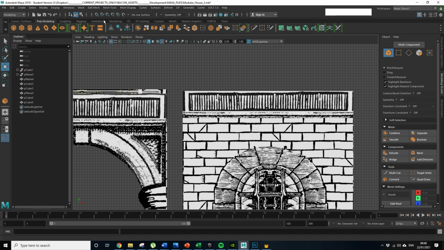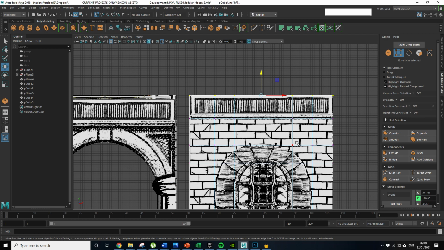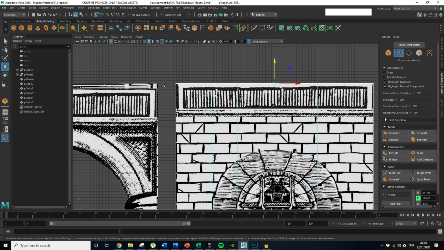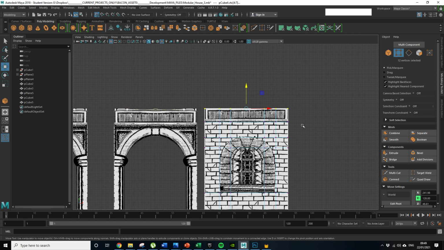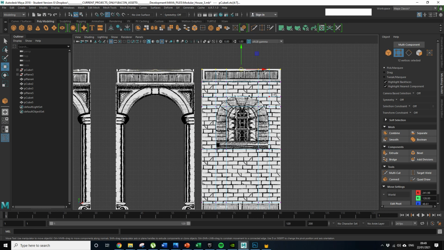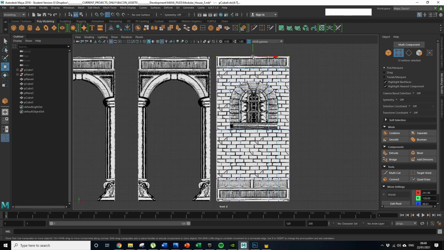There's probably plenty of ways of doing this, but basically the way that I do it is I go to vertex and then we just grab all the top vertices here, and then we can snap them. So that is snapped in, yeah, that's fine, that's the same height. Obviously we want to check the width as well. And the other thing we do want to do, which I forgot, is go to vertex snap. I want to make sure that we've got the pivot set up here for some unknown reason,